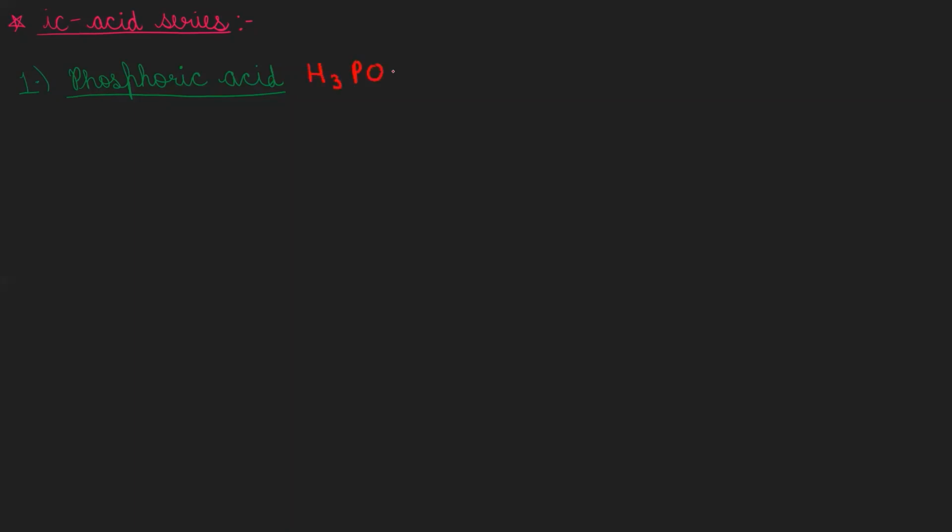H3PO4. अब हमें इसका स्ट्रक्चर ड्रॉ करना है. हमने क्या डिस्कस किया कि कोई भी ऑक्सो एसिड हो उसके अंदर ये चीज तो हमें सबसे पहले ड्रॉ करनी है. क्या? P डबल बॉन्ड O एंड OH. नाउ सी, इस फॉस्फोरिक एसिड में 3 हाइड्रोजन है, 1 फॉस्फोरस एंड 4 ऑक्सीजन है. देखो 2 ऑक्सीजन कंप्लीट हो गए. और हमें पता है टेट्राहेड्रल अरेंजमेंट होगी। अब यहाँ पे हमें 2 ऑक्सीजन लगाने और 2 हाइड्रोजन कंप्लीट करने, तो हम यहाँ पे दोनों ही OH लगा देंगे। सो दिस इज द स्ट्रक्चर ऑफ द phosphoric acid